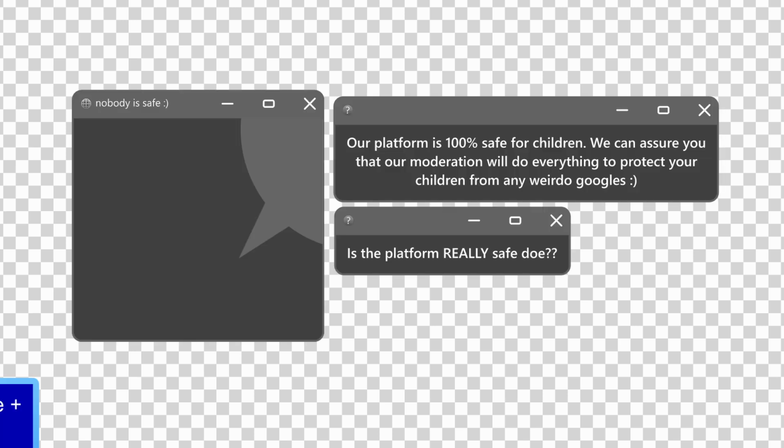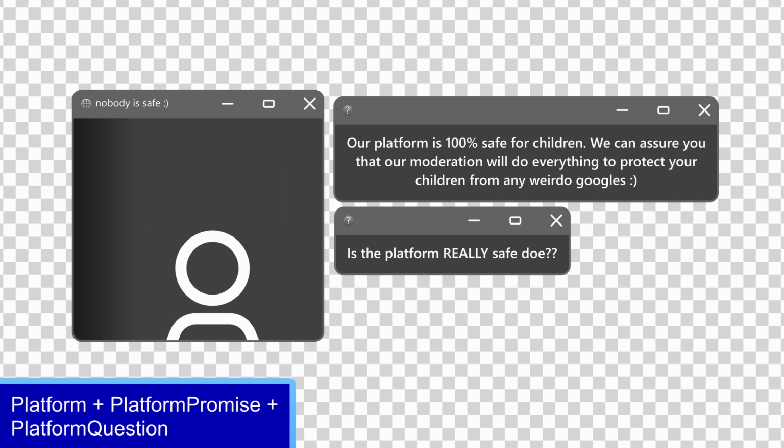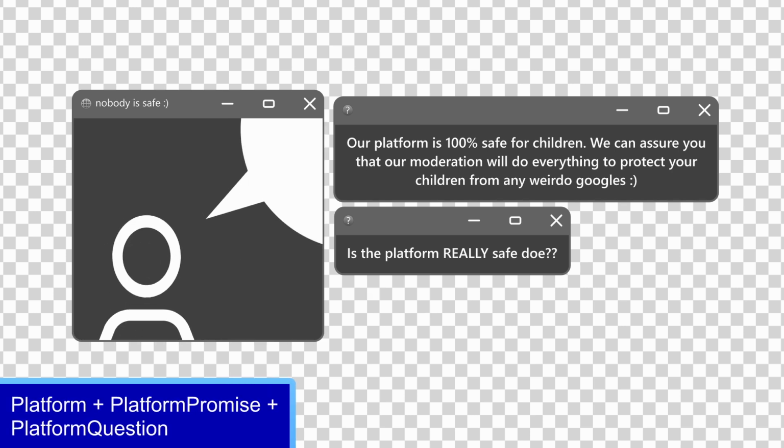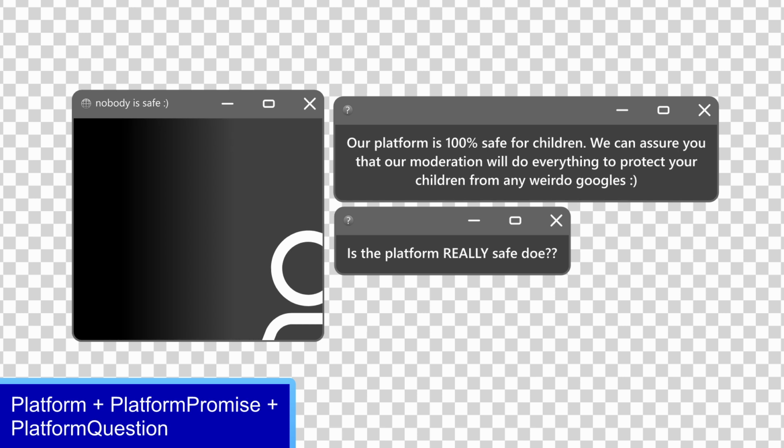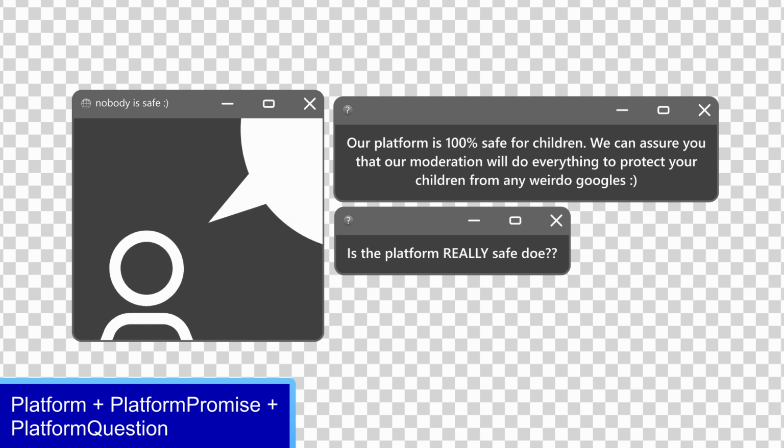When briefly talking about how platforms proclaiming that they are safe for children are not really safe, I paired this with this animation. This was my first time trying to use look at constraint for the bubble, and honestly it looks kinda smooth.